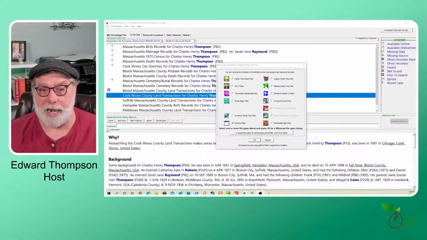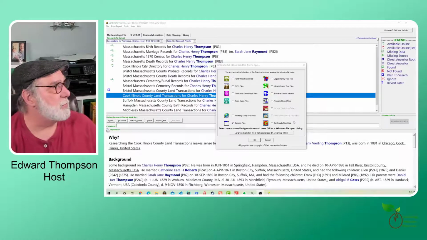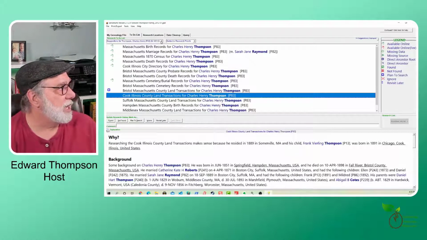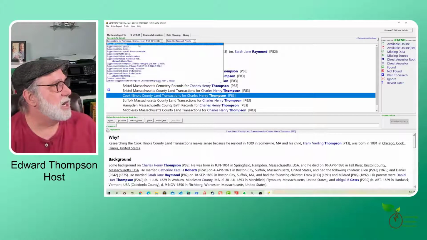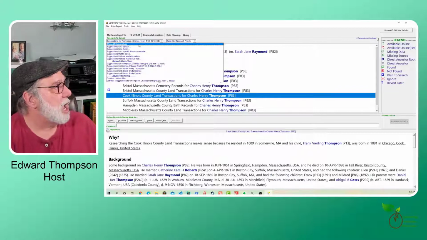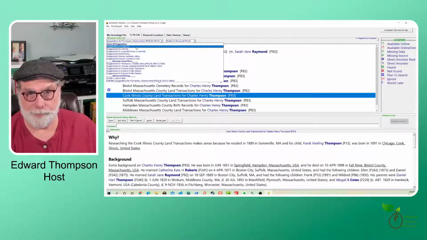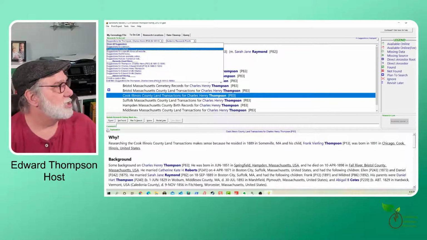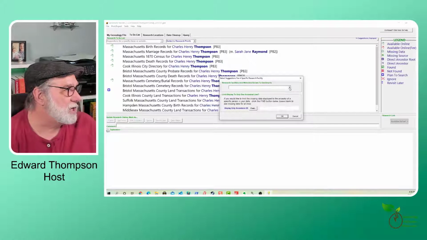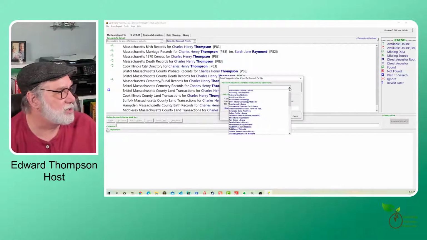How do things get added to the to-do list? So the to-do list basically is this list. And you can see here that when I build out this list, I have several options. I can do suggestions for a person. I can do suggestions for a family. I can do suggestions for a specific library or website. So let's choose one of those. Let's choose